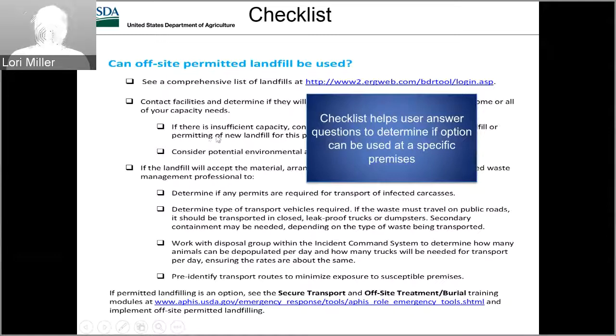will they take part of the material? If they will, find out if there are any permits or special conditions and what you have to do in order to meet those requirements. And if all of those work out for you, then you can go to the training module to just get a refresher on that,